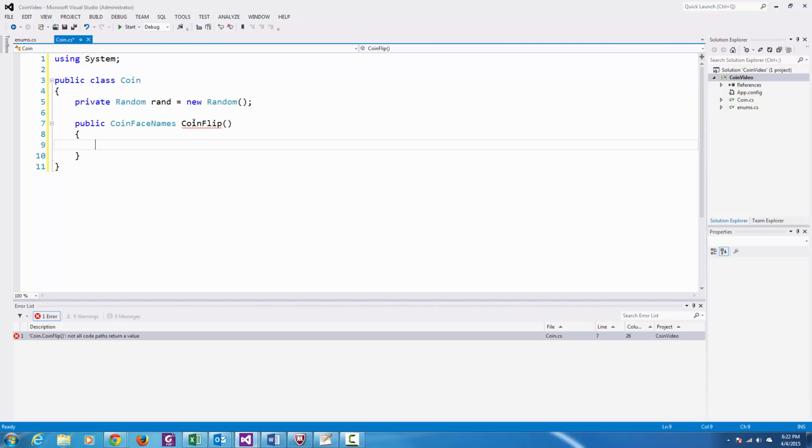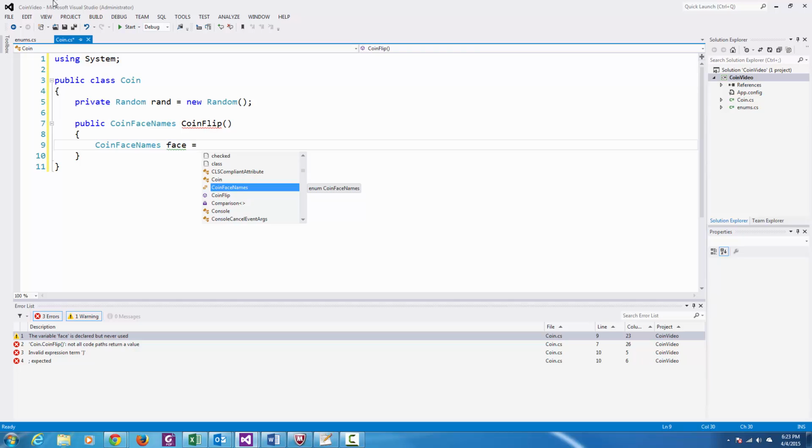Okay, so now the reason there's an error is because we need to return one of the enums. Okay, so let's get one of the values, so we're going to return it back to the user. So let's declare a variable. CoinFaceNames is the type. The identifier for this variable will be face, and we'll set it equal to, and then to get a random number from the random number generator that we declared here,